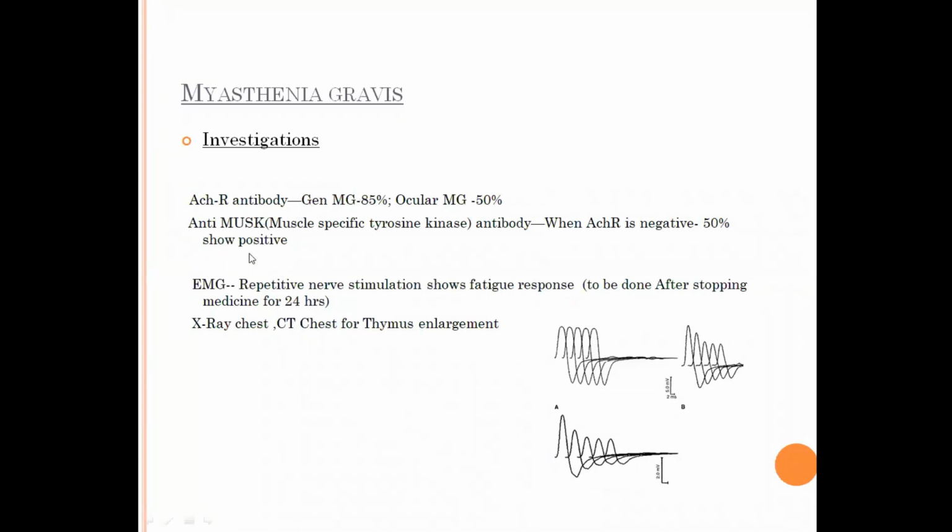Then they found out there is another antibody, muscle-specific tyrosine kinase, anti-MuSK antibody, which is positive in half of those where AChR is negative. It is something like multiple sclerosis. Initially, we used to say optic neuritis, brainstem, spinal cord, oligoclonal bands, and some of them were negative for OCB. Then they found out NMO antibody. Then they found out MOG antibody. So I think for all those who are negative, they are trying to see another antibody. So when AChR is negative, but your clinical diagnosis is very sure, you should ask for anti-MuSK antibody.